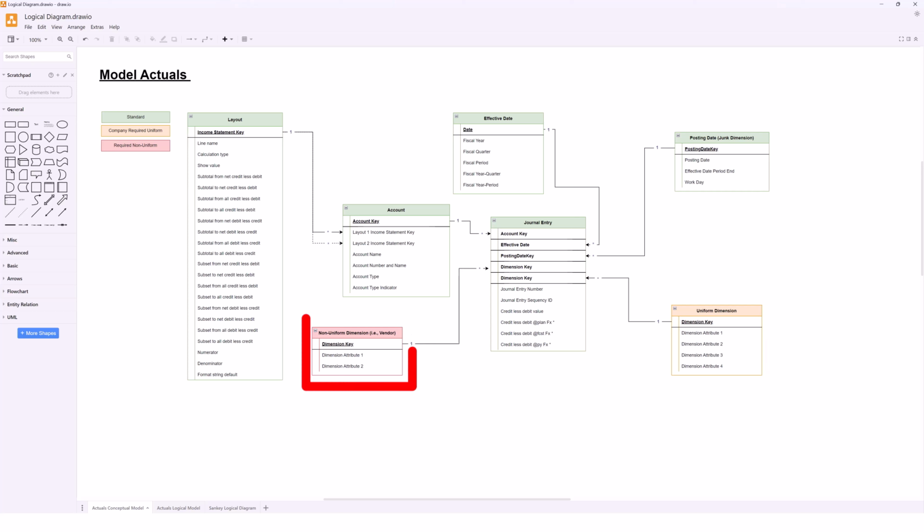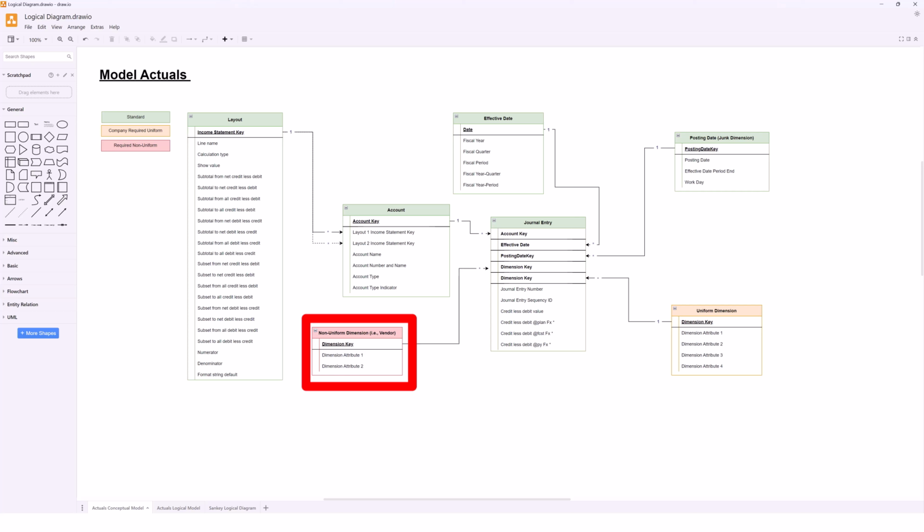The next section is to identify any non-uniform dimensions. So for example, you may be asked to produce customer P&Ls. This is typically fine because revenue can commonly be explained by customer. However, lines such as depreciation, amortization, or tax aren't explainable by customer. So you have to decide how you want to treat those. You can use finance approach such as activity-based costing to allocate these items out to customers. You can allocate them all to an unknown customer. It's really up to you, but you have to determine how you want to treat these before you start architecting